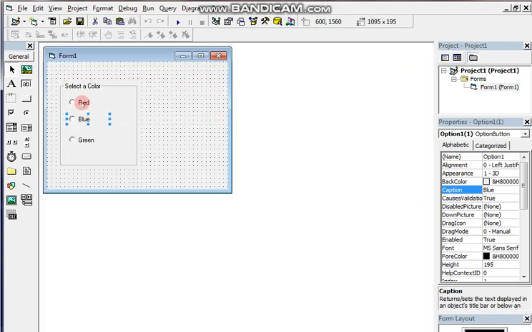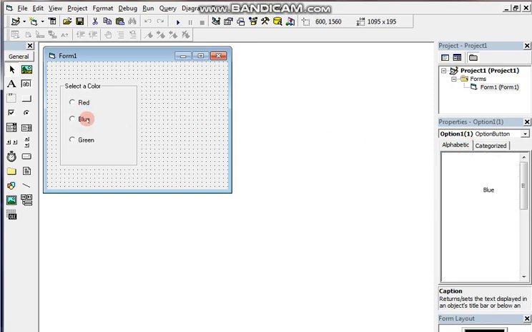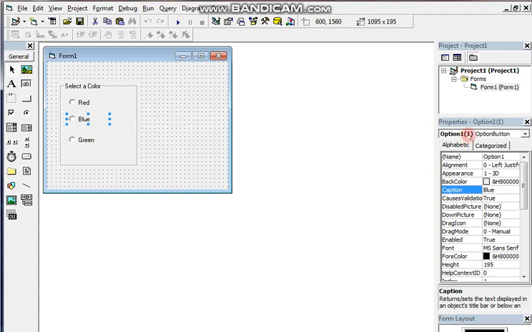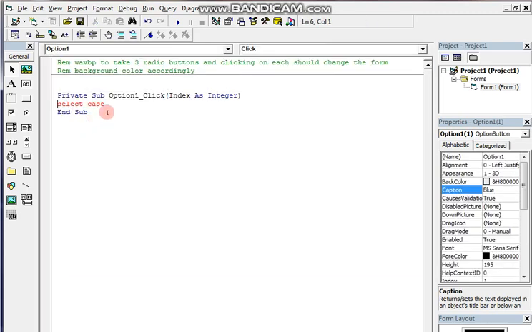If I am clicking on this red button, the index will be 0. If I am clicking on this, the index will be 1. If I am clicking on this, the index will be 2. Understood? Through the index we can recognize which button we are pressing and which color should come.